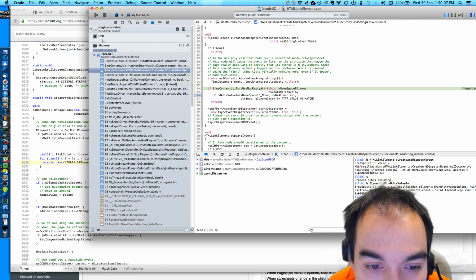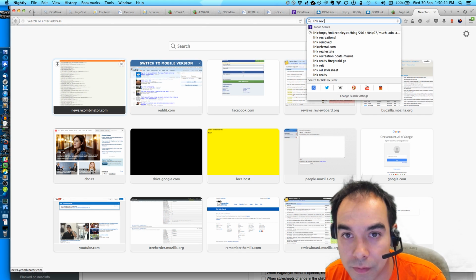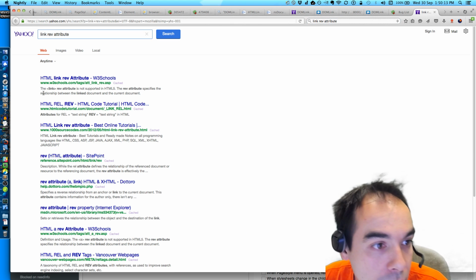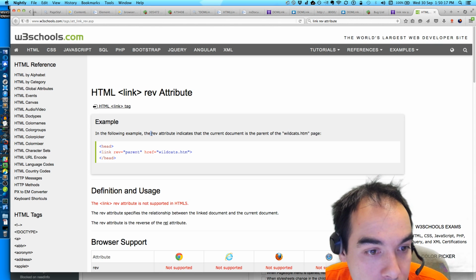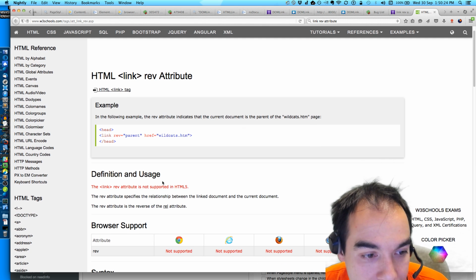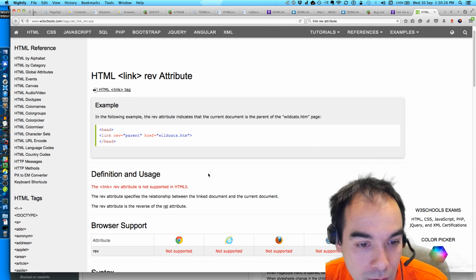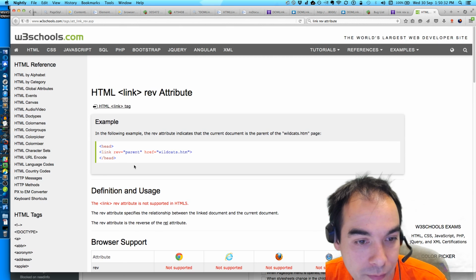What is the rev attribute? I've never even heard of it. Link rev attribute. The current document is part of a page. It's not supported anymore. It is the reverse of rel.